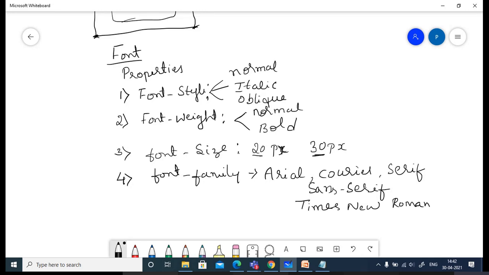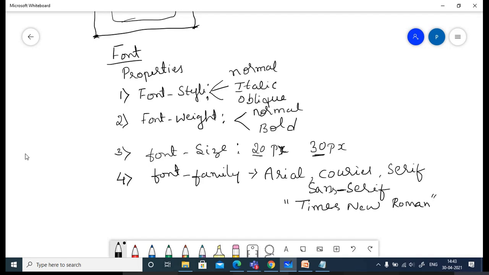Okay, so whenever you can just observe, if it is a single word, it does not require any quotes. Okay, if the font family name is having more than one word, without any underscore or hyphen, then you have to specify using double quotes. So these are all you can represent directly. This one also you can represent. Here you have underscore. Okay, is it clear? So here Times New Roman, it is having three words. It should be represented within the double quotes.